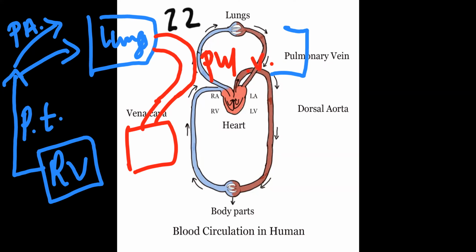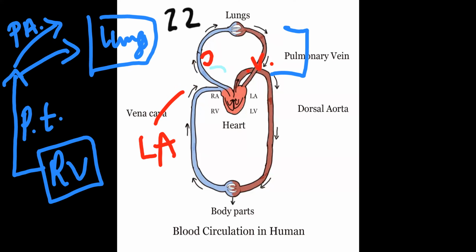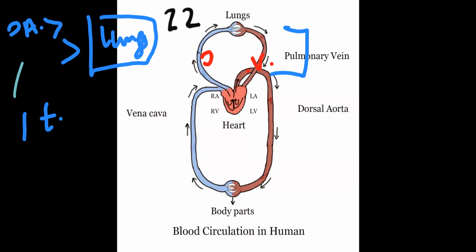Exactly. Left atrium. So this circulation between heart and lungs, deoxy blood from right ventricle via pulmonary trunk via pulmonary artery goes to the lungs. There it gets oxygenated, and via pulmonary veins it has been brought into the left atrium of the heart. This is called as the pulmonary circulation